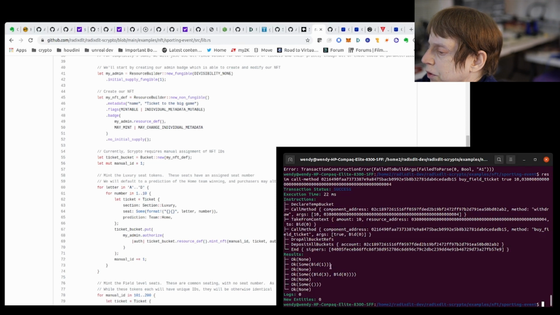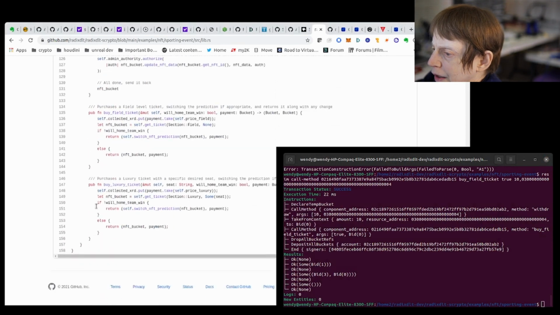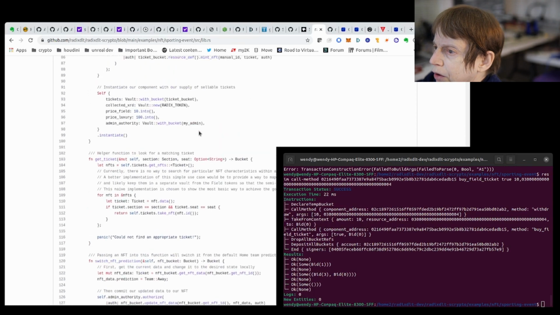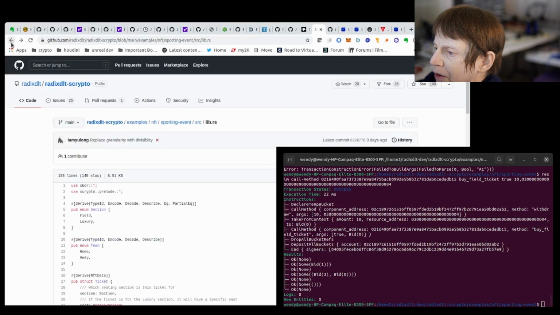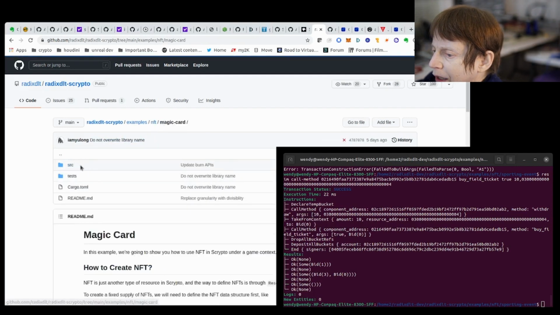Now, again, it's a little tricky sometimes to figure out how to pass it the format it wants. For example, buy ticket wants this payment, and I was a little unsure how that was defined. I ended up going back to the other end, because they didn't have a test here. I said, well, I could probably find something similar in Magic Card.